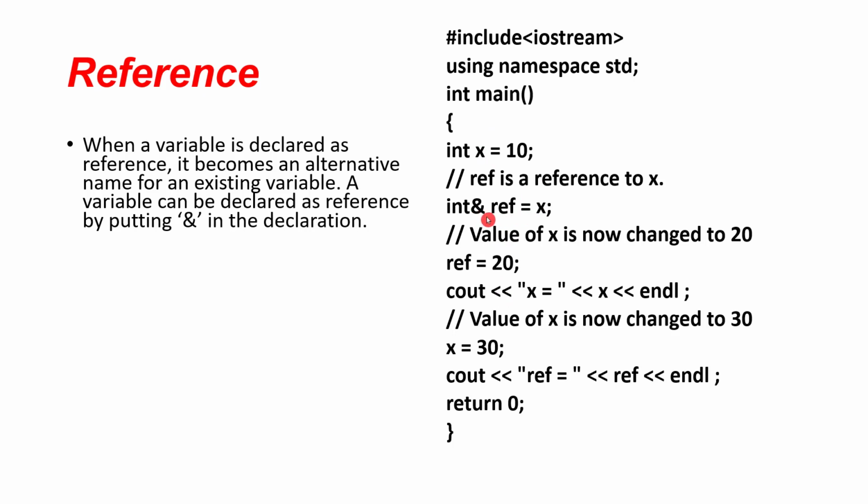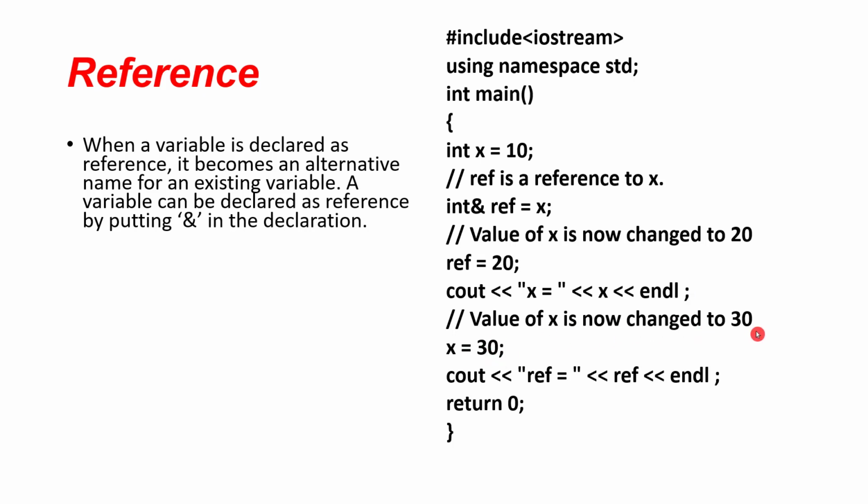Then after defining this reference, you have a comment which won't be read because it's with a forward slash. So mind that the comments with forward slashes won't be read by the computer. It is only for the understanding of the reader. Then you're defining reference equal to 20. So you're changing the reference value to 20. That means whenever the value is changing to 20, since reference is also equal to x, this value will also be changing. Then cout x, endl, then semicolon.